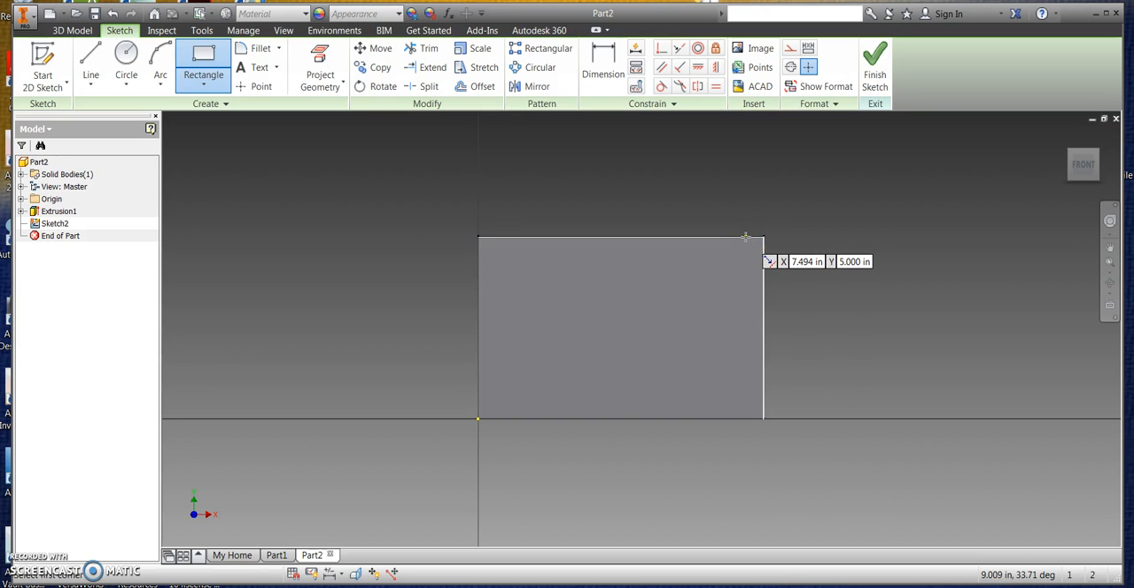Now I'm just on a line, but not on the corner. See how it changes to a line instead of a red point like it is now. So I'm right on the corner, and that's really important. And now I'm just going to click and drag down this way, and I need to make a rectangle 6 by